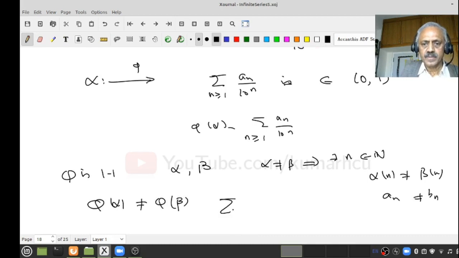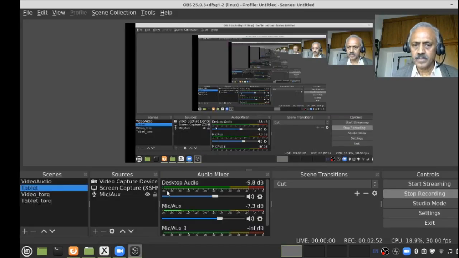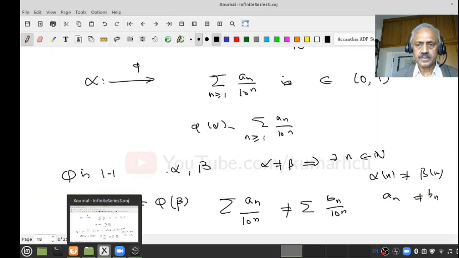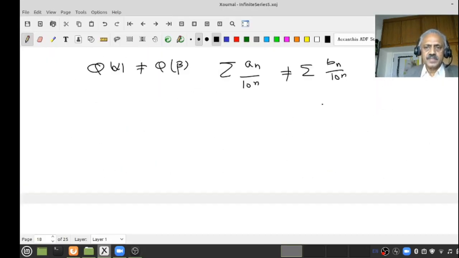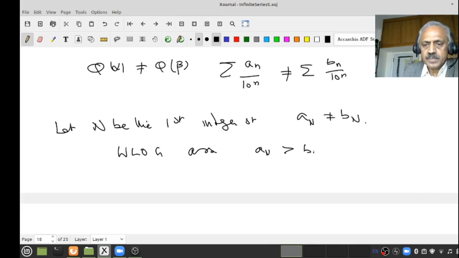That means summation an by 10 to the power n is not equal to summation bn by 10 to the power n. Okay, right? But that's very easy because let n be the first integer so that an is not equal to bn. So without loss of generality, I can assume an strictly greater than bn,